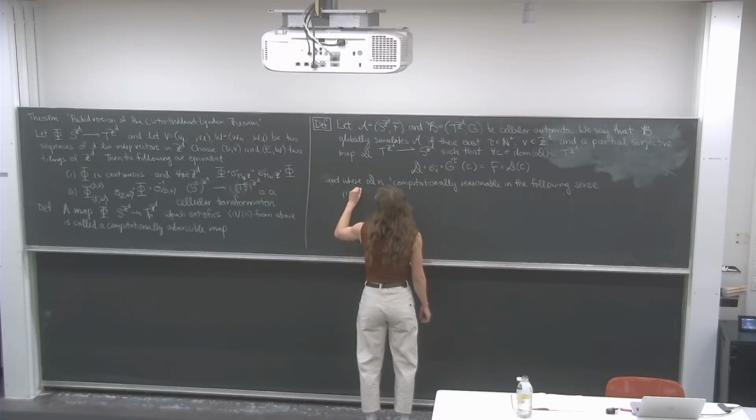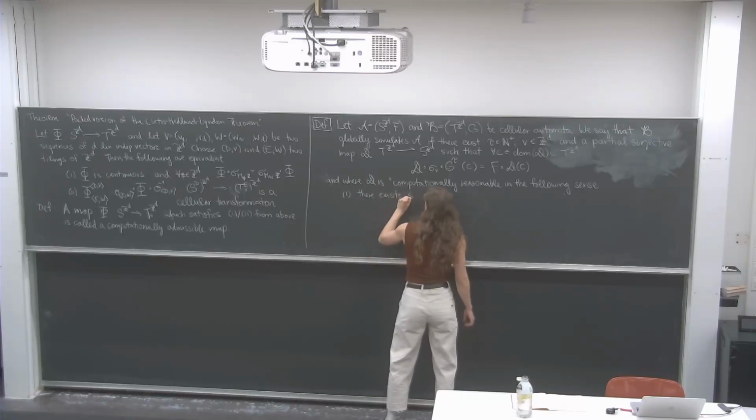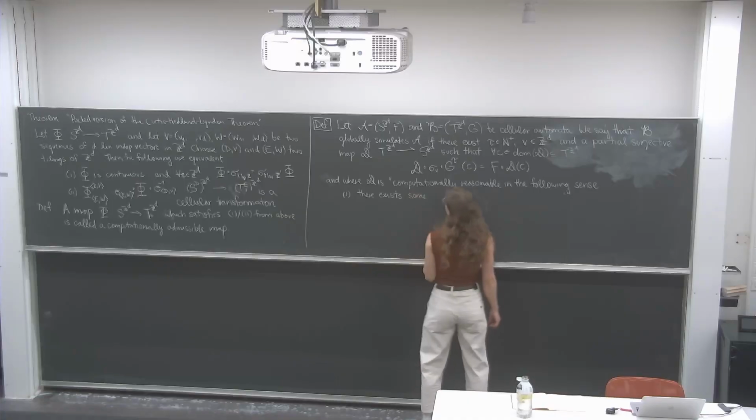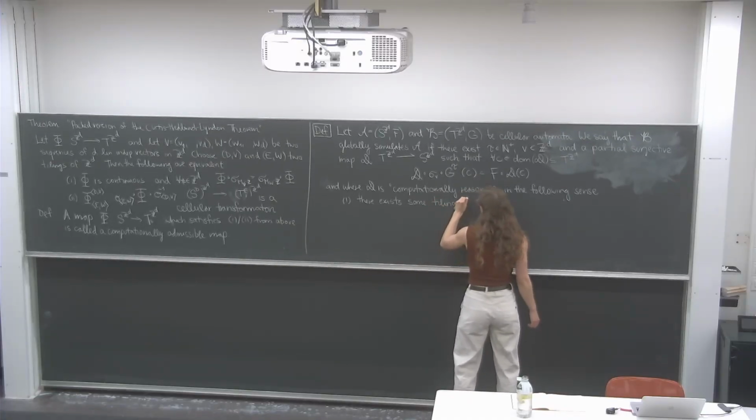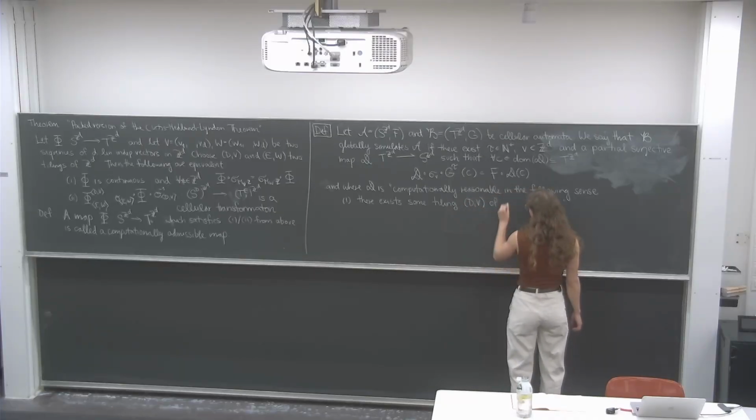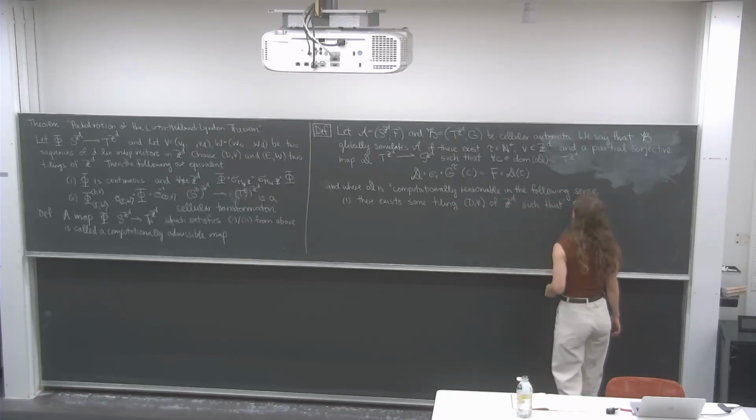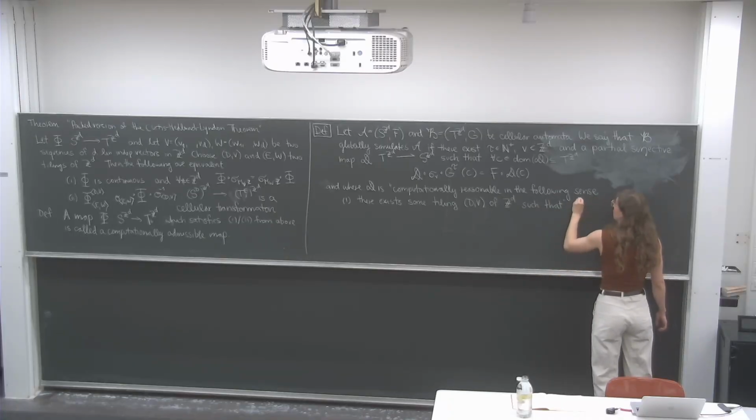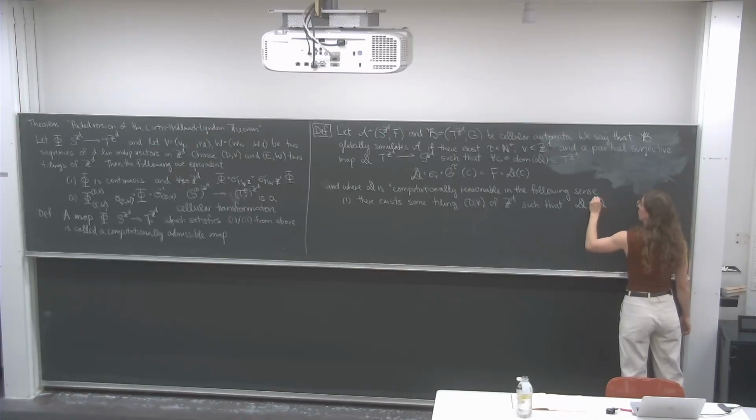So there exists some tiling D V of Z to the d such that D is doing essentially the same thing as some cellular transformation on a packed space,